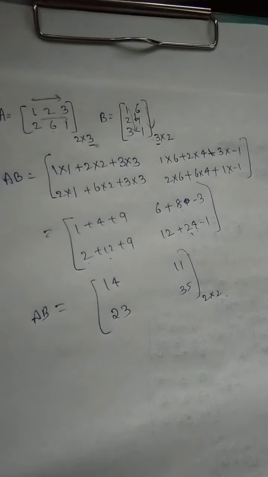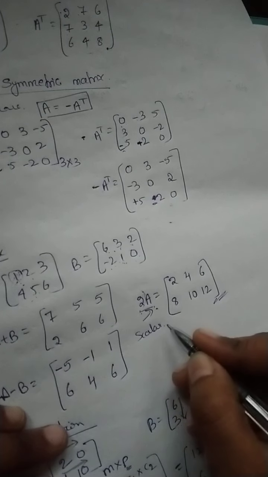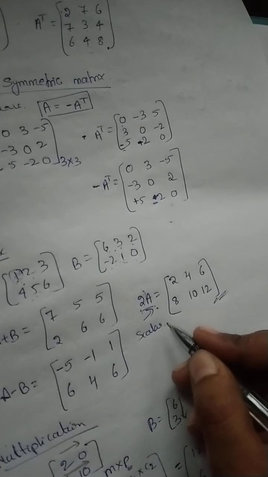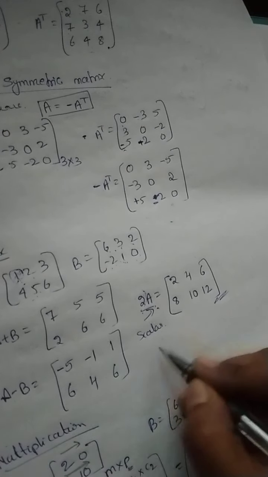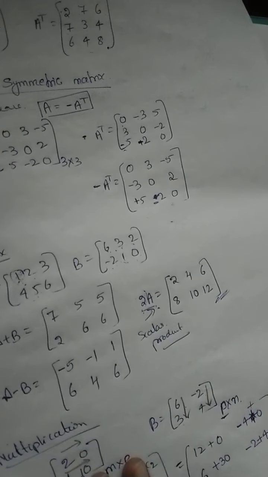So scalar multiplication means multiplying the constant value. So this is a scalar multiplication of the matrix, multiplying the scalar product. Okay, or scalar constant you can say. So this is about the operations on the matrix. And we'll solve one problem to find out the values of x, y and z.